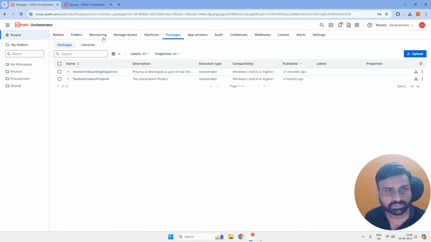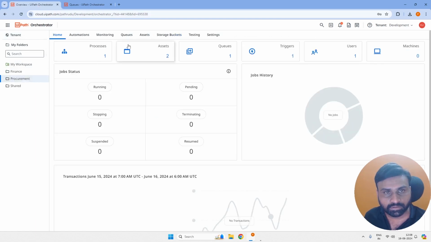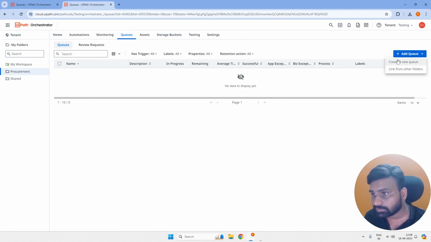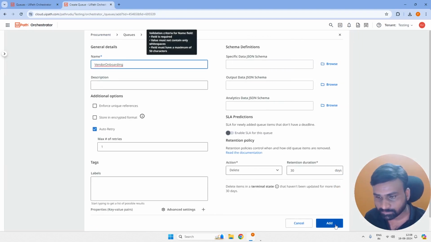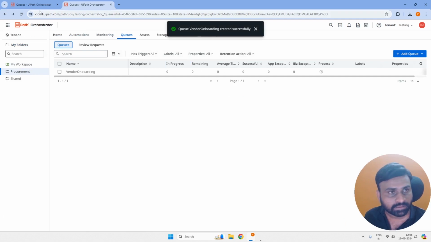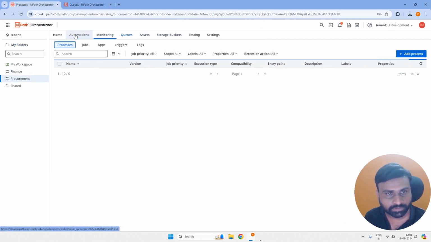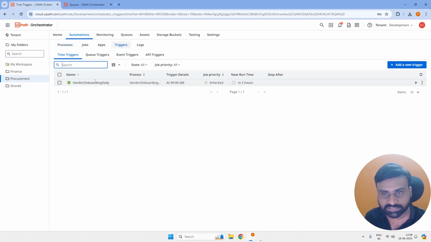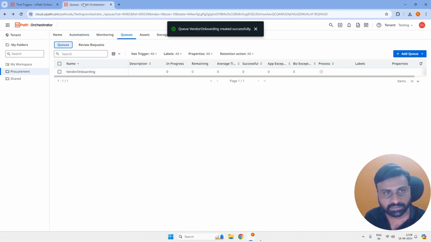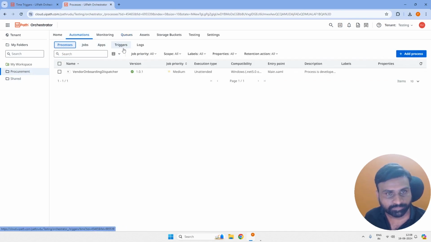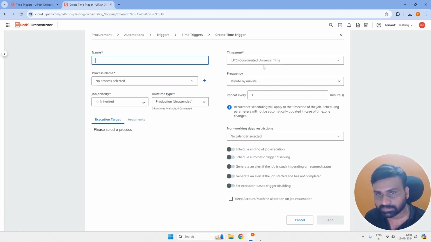So for queues, we'll come here, and the name we will select, and we'll keep the same name again. Create new queue, save, click on add, and here we have a trigger. We want to keep a trigger, so we'll go to the automations and triggers. There is a time trigger which is there at 9 o'clock. So I'll go to this automations and triggers, and I'll create a trigger,